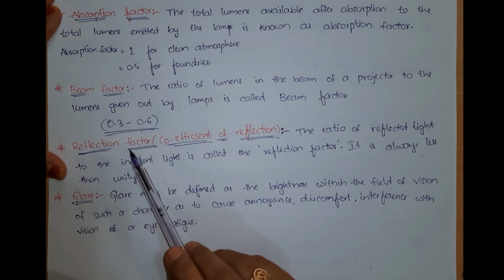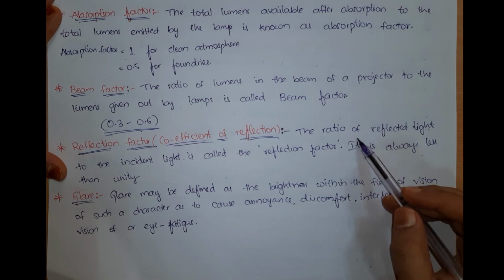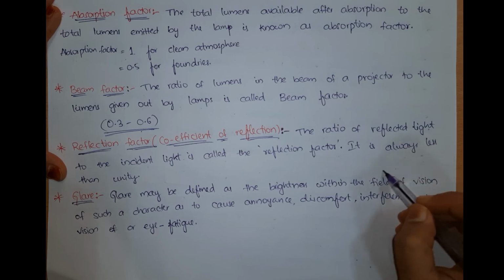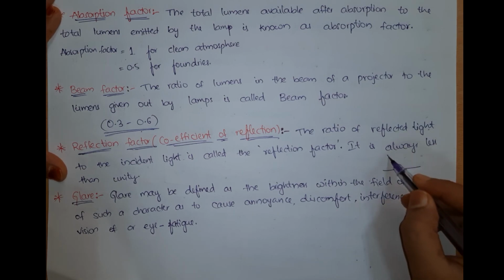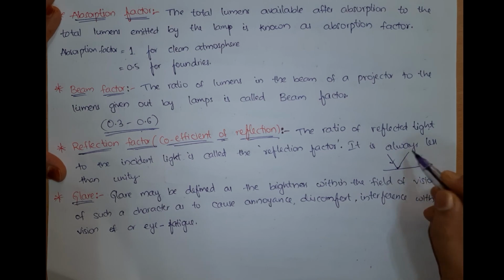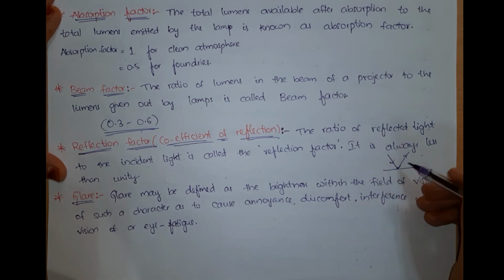So next, coming to reflection factor. What is reflection factor? It is also called coefficient of reflection. Generally when a light falls on any surface, let me take it, this is a surface. If any light falls on the surface at some angle, then we know that laws of reflection tell us that the light gets reflected with the same angle from that surface, or not? Angle of incidence is equal to angle of reflection. But actually, does it happen? This is a law of reflection, right? But actually it does not happen.